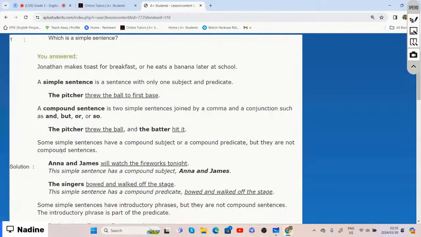So if we look at this question, it says, which is a simple sentence? It says, Jonathan makes toast for breakfast or he eats a banana later at school. So if we look at that sentence, right? Jonathan makes toast for breakfast or he eats a banana later at school. That is a compound sentence, right? And it's a compound sentence